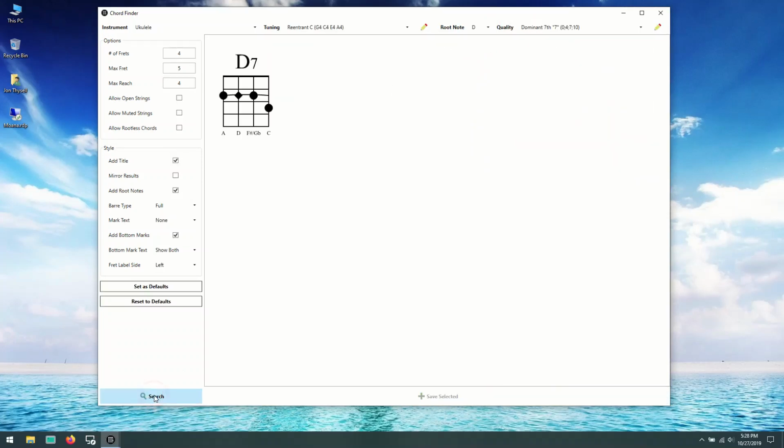If I search with these settings, this is what it's going to find for the ukulele. This is how you play a D7 chord, a closed form D7 chord. Now, this may not be the chord that you're expecting. If you've played the ukulele before, a lot of times you'll find that people play the D7 with second fret, open, second fret, open. Technically that isn't a D7 chord. That is a rootless D7 chord. It has all of the other notes, A, F sharp, and C,